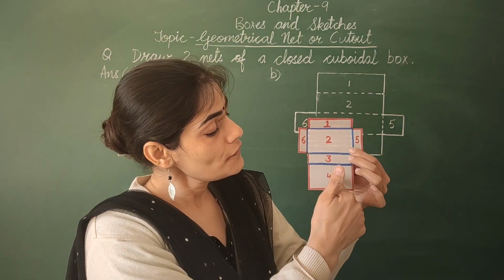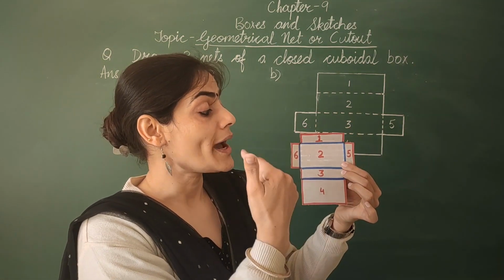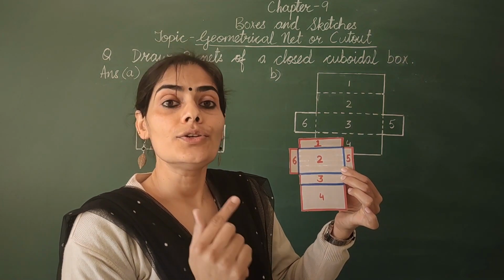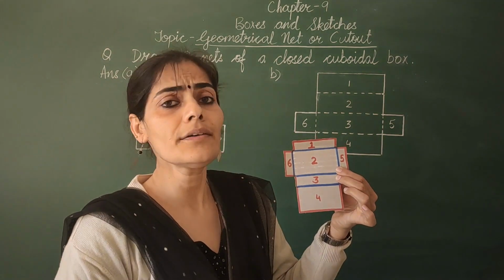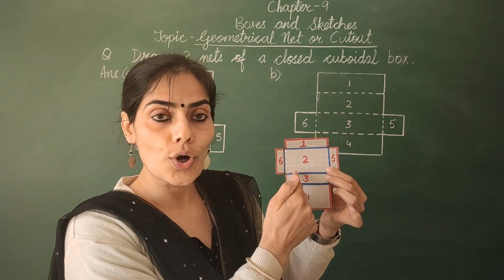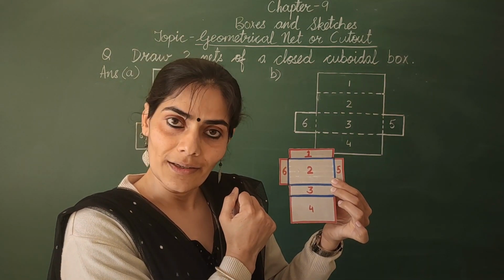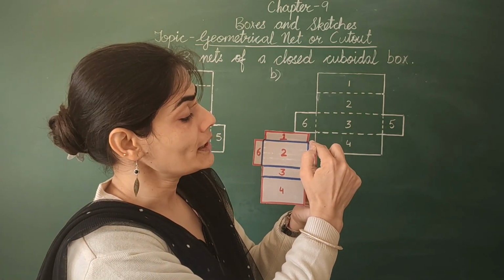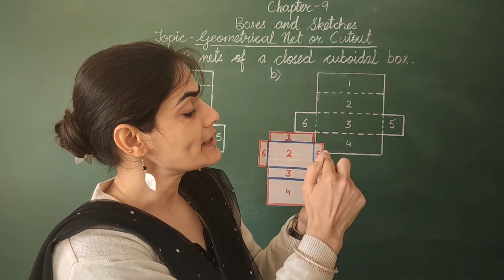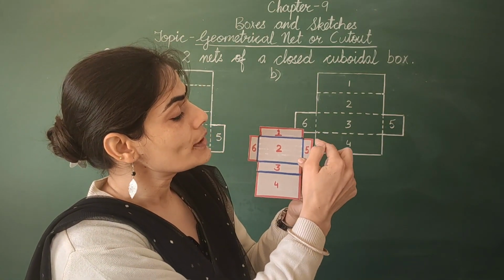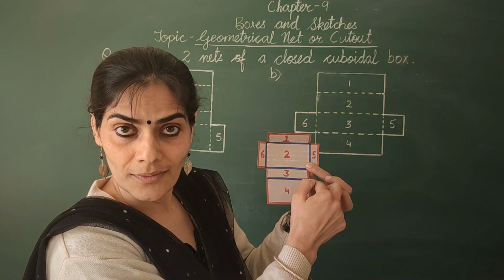Now, these 4 faces are required to be drawn in a line like this, but while drawing the side faces, you again need to keep a few things in mind. Here in this cutout, I have drawn the side faces beside face 2. Clear? Now, while drawing the length of the side faces, I made sure that it is equal to the breadth of face 1 or face 3.